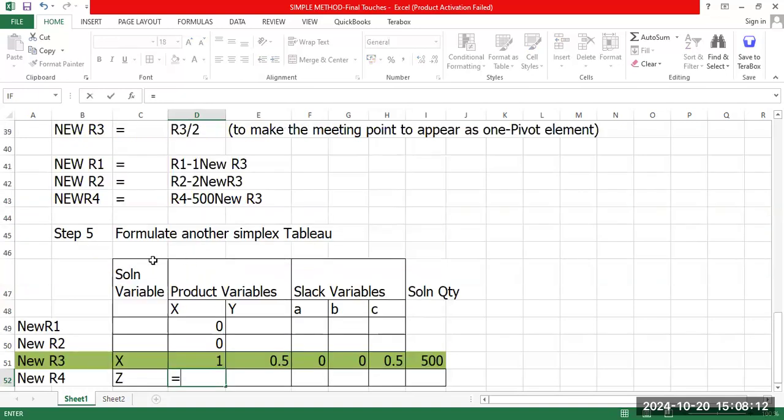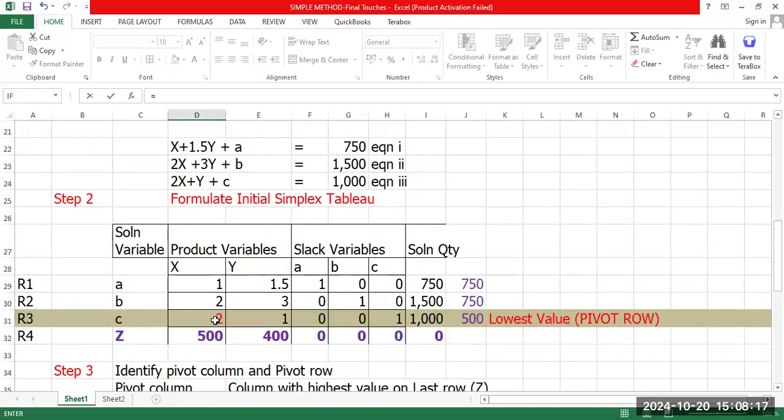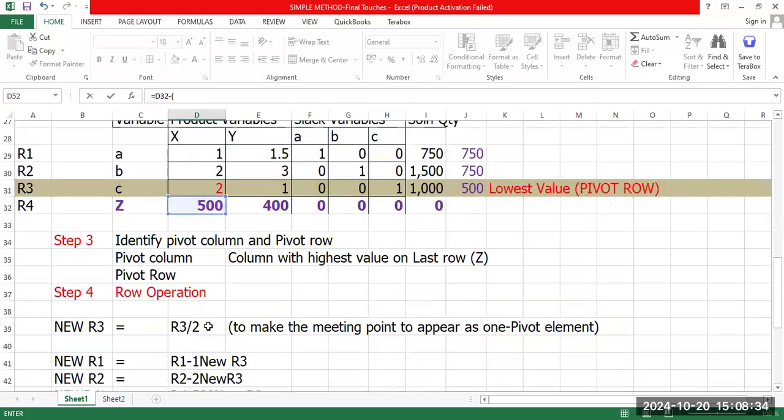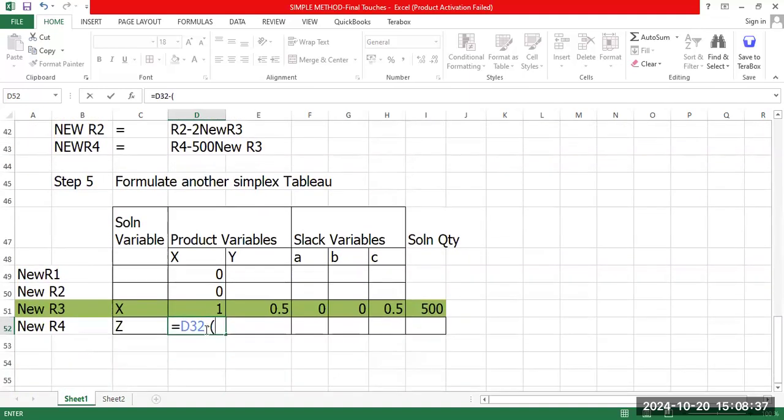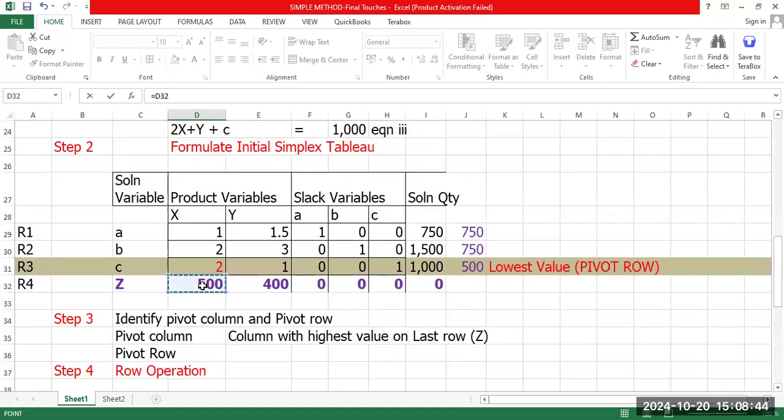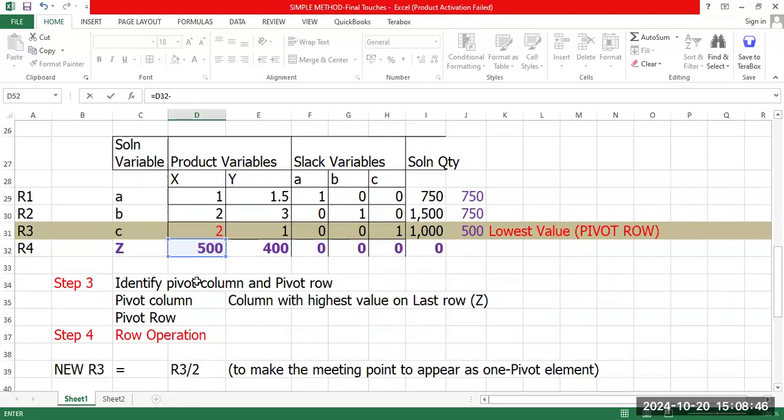The formula is new row 4. Get your previous row 4, which is 500, minus open bracket. Colleagues, I hope you have the calculator. If you have the calculator, do what I'm saying. You will understand these things. Otherwise, if you are just copying, you are not going to understand. So I'm saying on your calculator, put 500 minus,